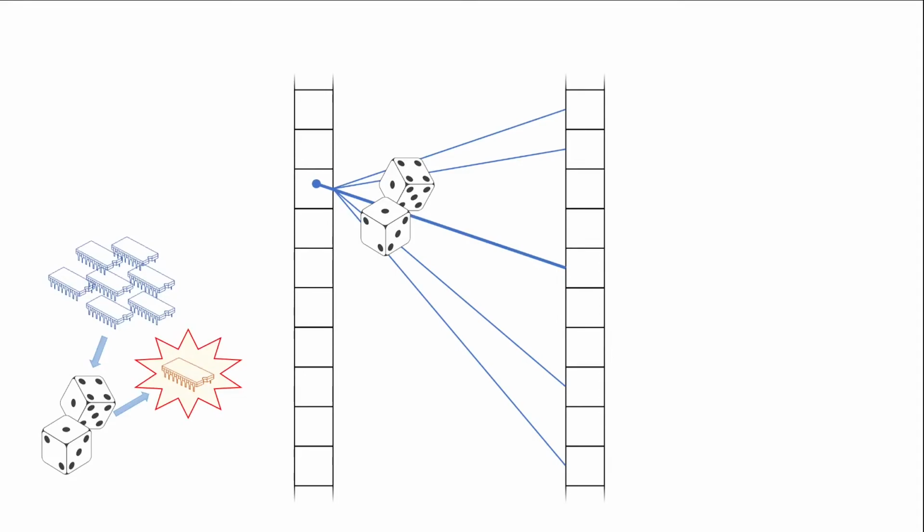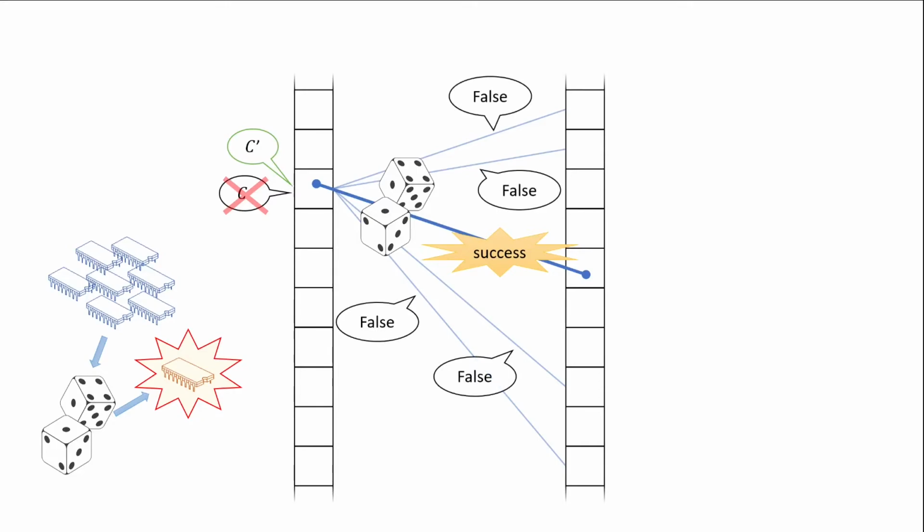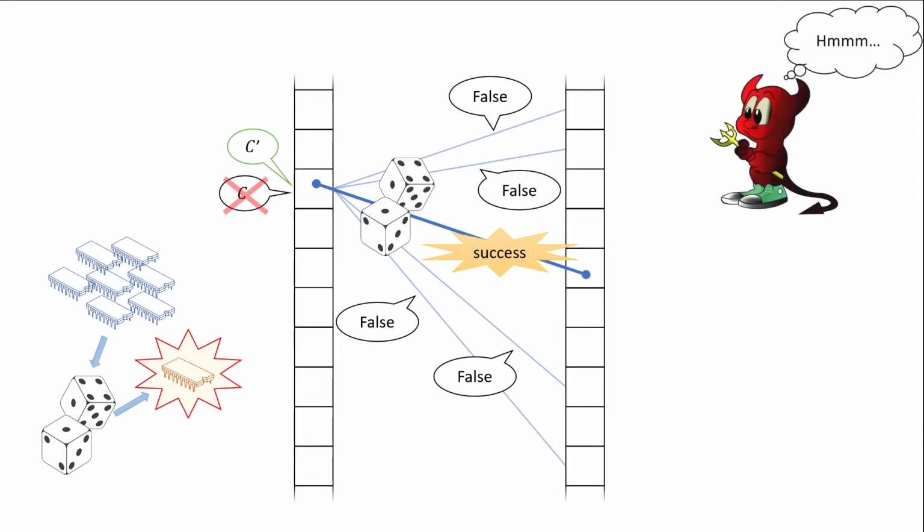Suppose the random process successfully also attaches itself to the right side. Then its DCAS will eventually succeed. Therefore, the interpreted value of the contended left side array entry changes, and all other competitors for the same left side array entry can finish the operation and return false. So the adversary must try to prevent this from happening.